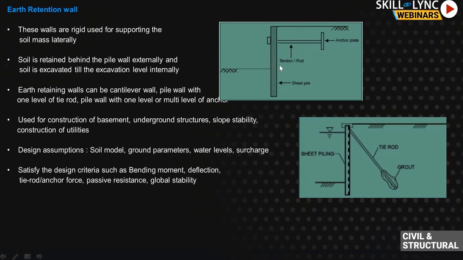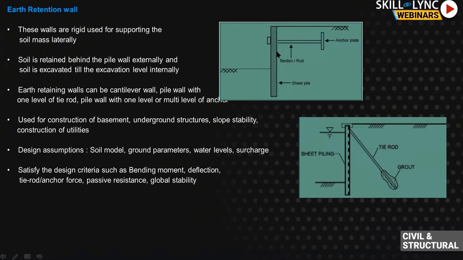But here what will happen, you will have your soil behind. One side you will have your soil behind, but on the other side you will be excavating your soil simultaneously. So due to your soil mass laterally pushing on the sheet pile here, maybe this will be failing, right? This will also topple inside. So that is why, in order to retain that, we will have supports for these sheet piles.